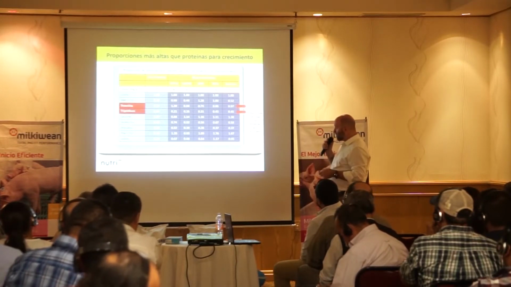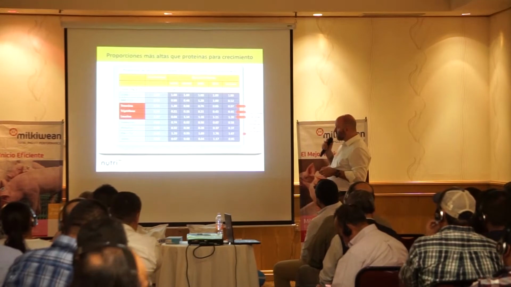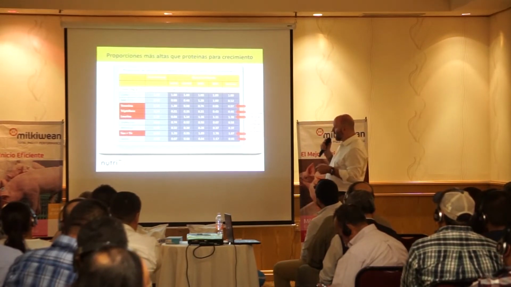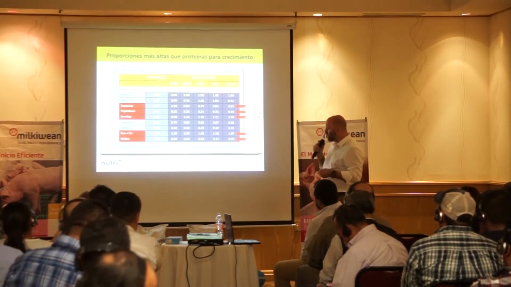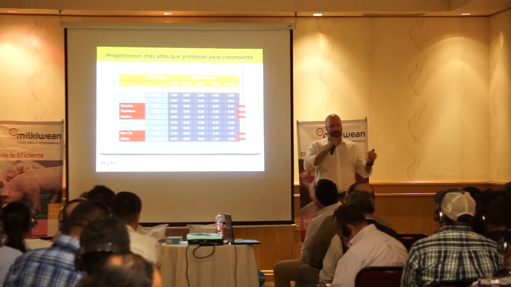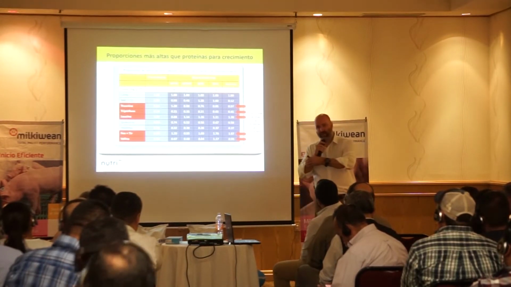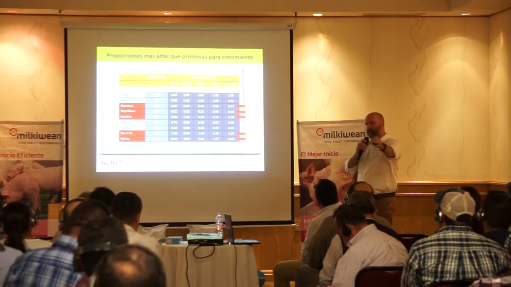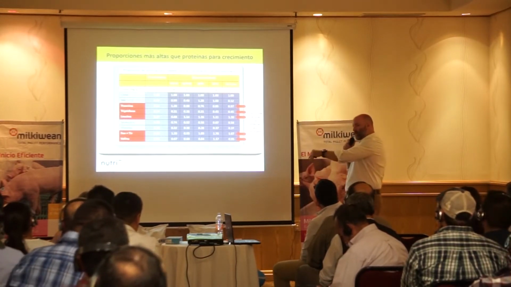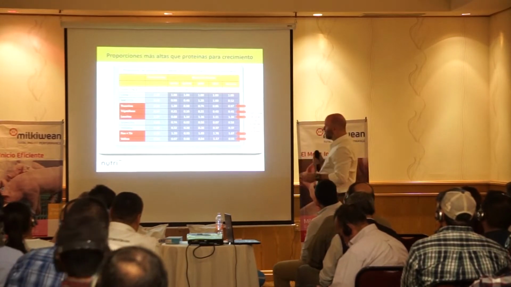And in the highlighted cells, you can see the difference in requirements between a healthy and a sick animal. Threonine doubles, tryptophan is almost 4 times higher, and you can see that there's a very large shift in requirements between trying to achieve growth of lean muscle tissue or activating the immune system and fighting the disease challenge.